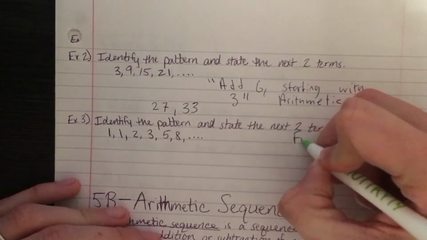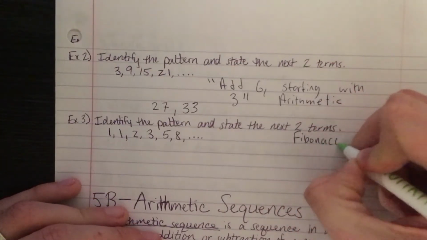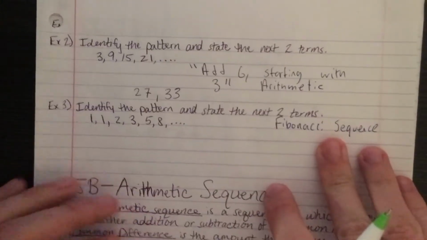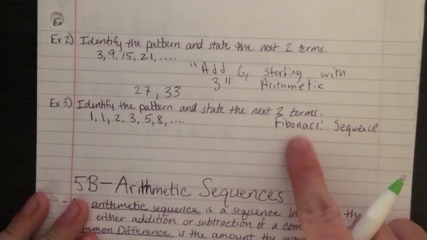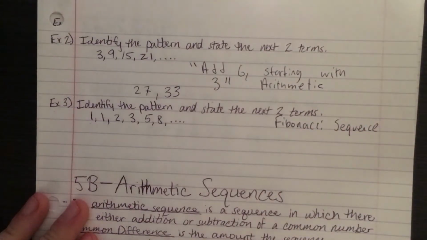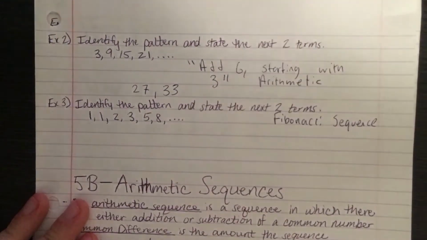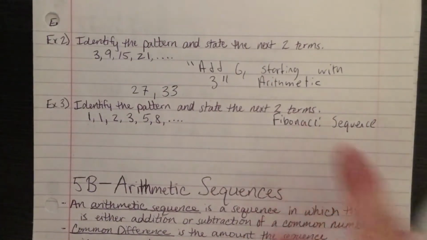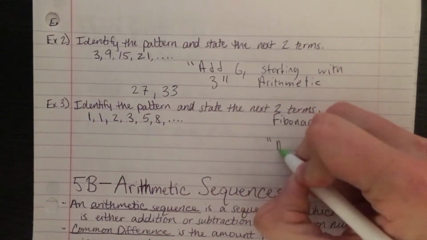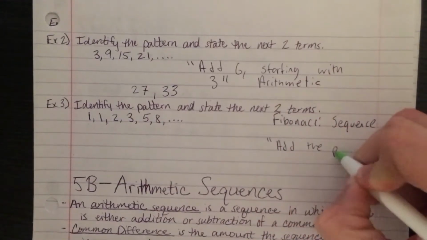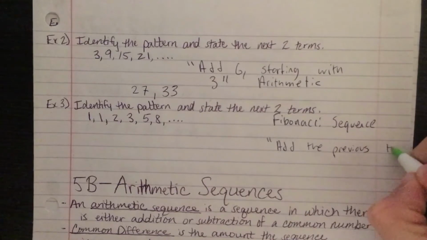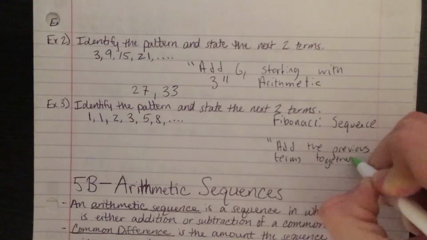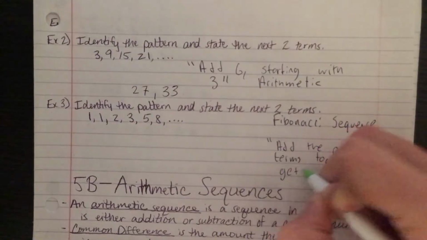It's what's known as the Fibonacci sequence. The Fibonacci sequence is a famous sequence. It's found everywhere in the world, in nature and whatnot. And basically, to sum up the Fibonacci sequence in words, you add the previous two terms together to get